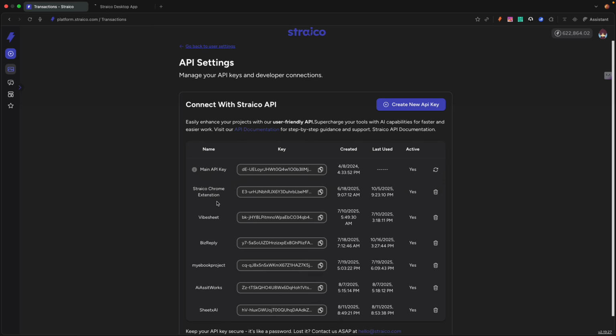I'm using it with VibeSheet, which is a tool that I picked up by a gentleman named Sean, who also did, what is it called? I cannot remember the name of it. I just said it earlier. But either way,